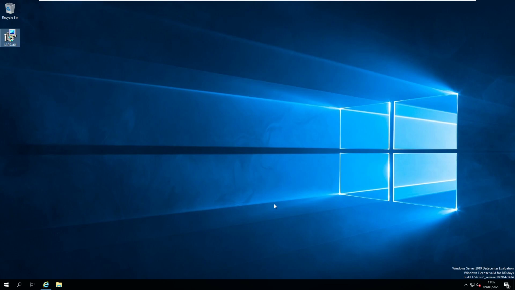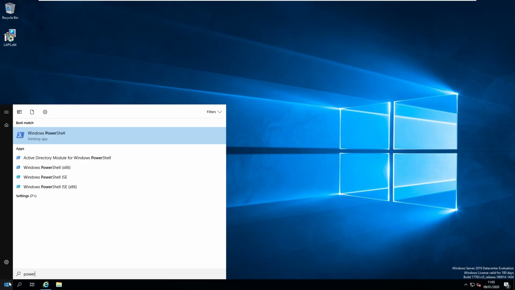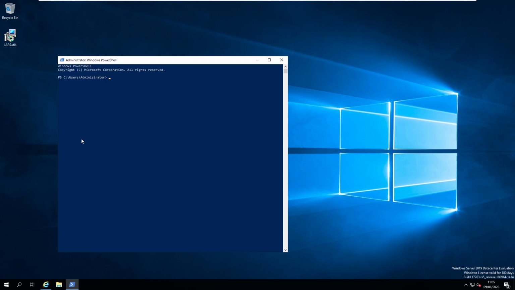The next bit we need to do is run a bit of PowerShell, just to configure LAPS. So we're going to PowerShell here, and you need to be an administrator. We'll say Import-Module, and then AdmPwd.PS. Press enter, that does that. And then we need to do